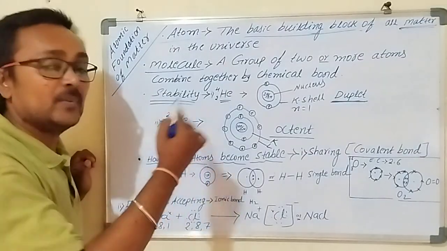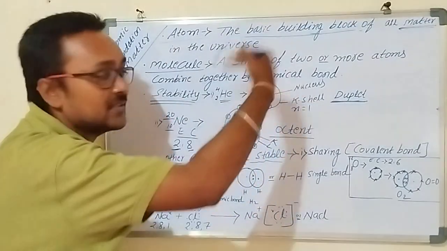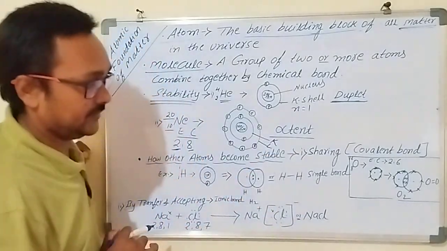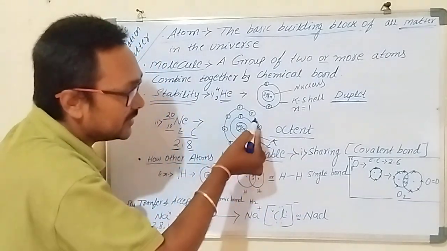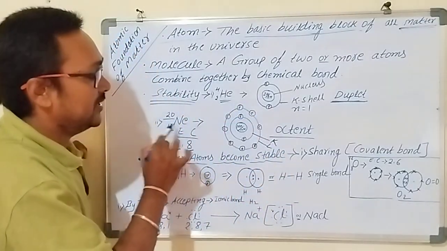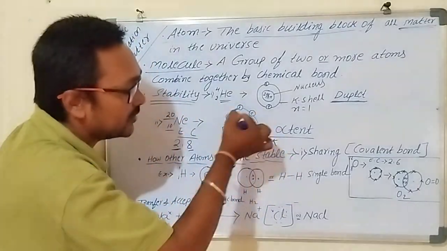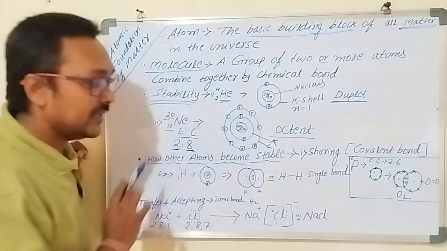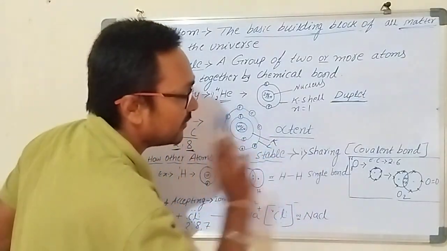When the atomic number increases, the number of shells also can increase. So here it forms the octet. Octet in the sense in the outermost orbit. Here the outermost orbit is the L shell. In neon, the L shell is the outermost orbit. In the L shell a total of 8 electrons are there. 8 electrons in the sense octet formation.